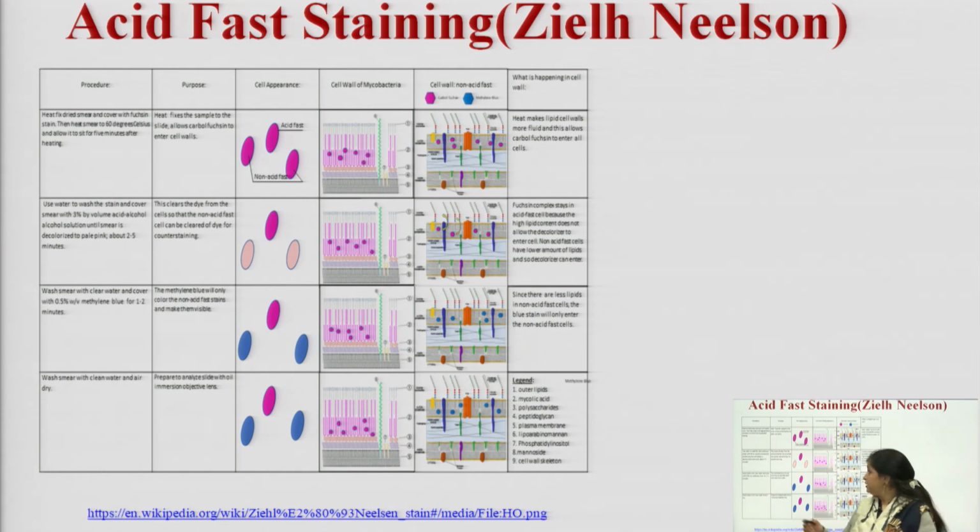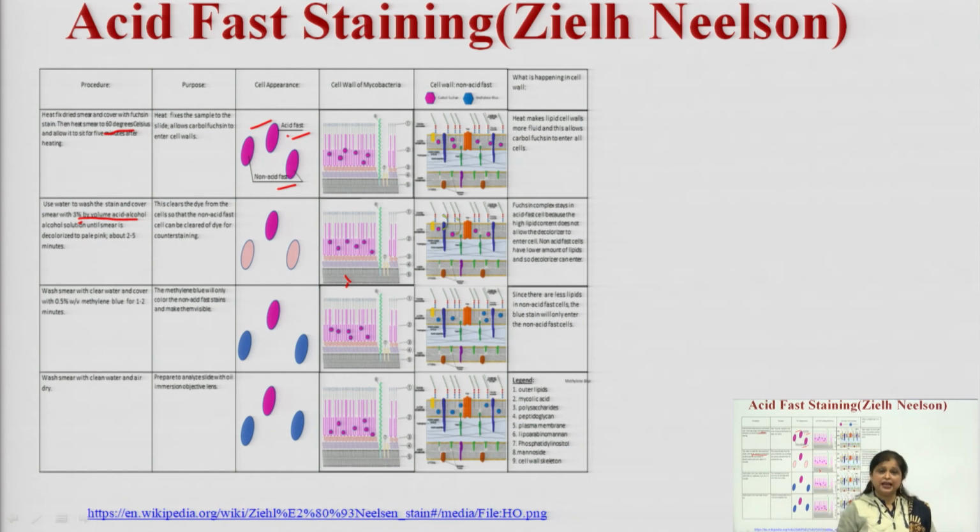Now, the first staining reagent, as I am telling, carbolfuchsin, is pink or lighter reddish in color. The primary stain will stain all the microorganisms, whether they are acid fast or non-acid fast. So, the primary stain will get absorbed within both types of microorganism, and you have to heat the slide at 60 degrees centigrade so that the primary stain gets absorbed within the cells. After that you have to wash it with 3% acidic alcohol.